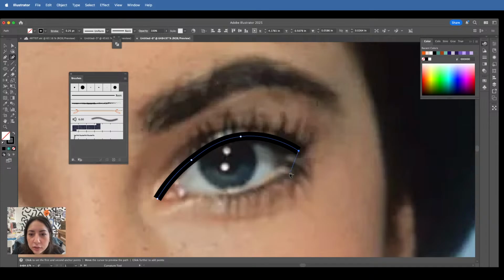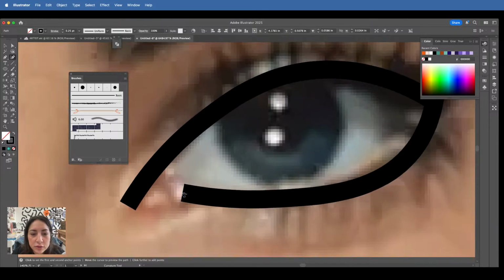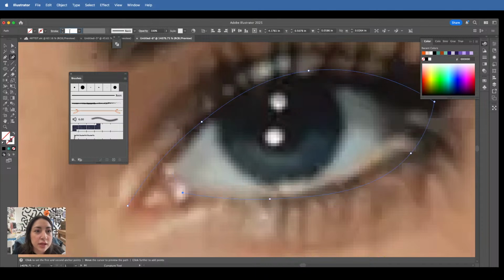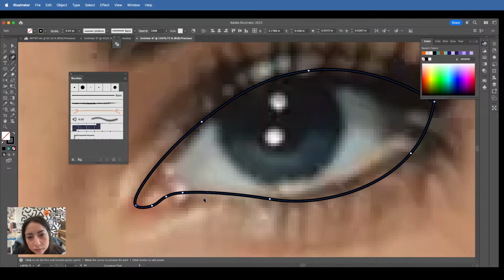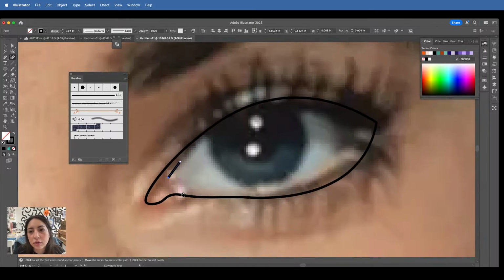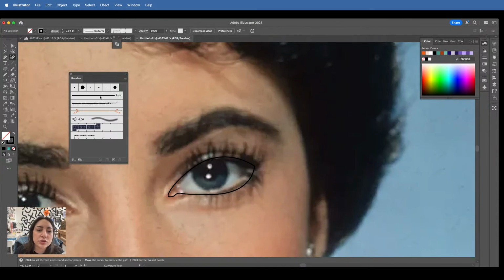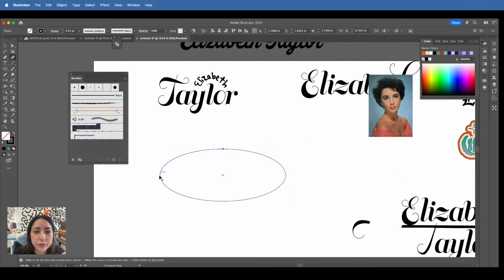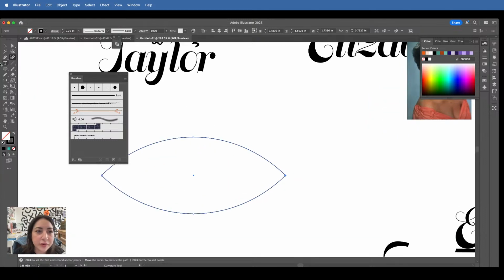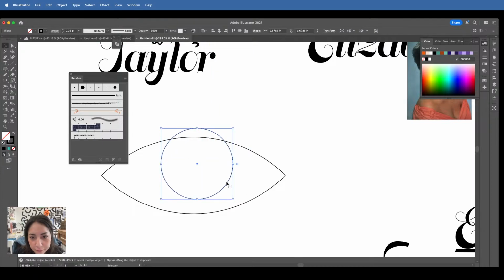Okay, so we have her eye, the general shape, and I should really bring this down to like 0.04. Doesn't need to be that crazy. And then the eye is, well, I don't know that it needs, I'm thinking too literal. I'm thinking way too literal right now. It can just be an eye. I'm doing too much for no reason. I'm stressing myself out. Doesn't have to be this way. Okay.